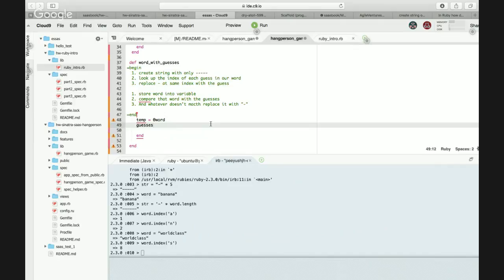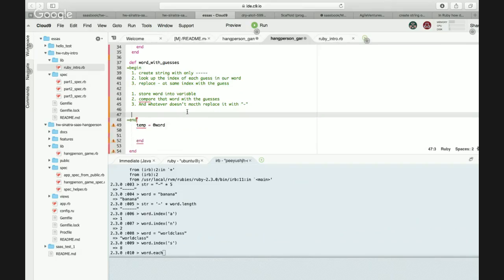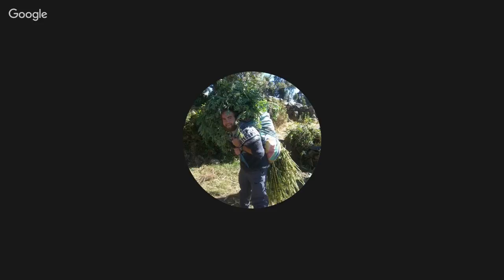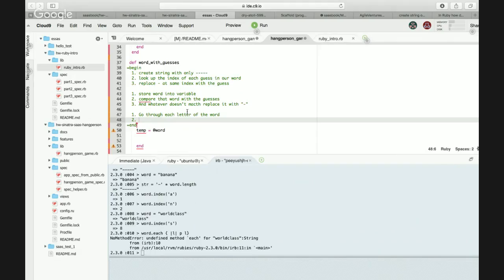You know what? Just go through each letter of temp and check if it's in guesses. So what happens if you say word dot each? Go through each. Right, each letter of the word. Ruby string.